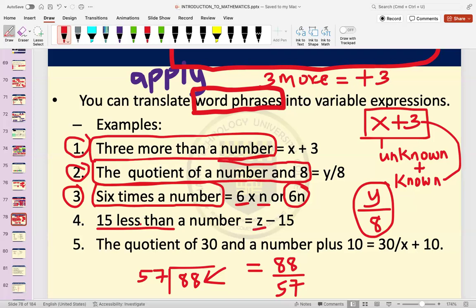15 less is not the same as 15 more. 15 more would have been positive, plus. But 15 less means you have a negative. So that is why you are having Z minus